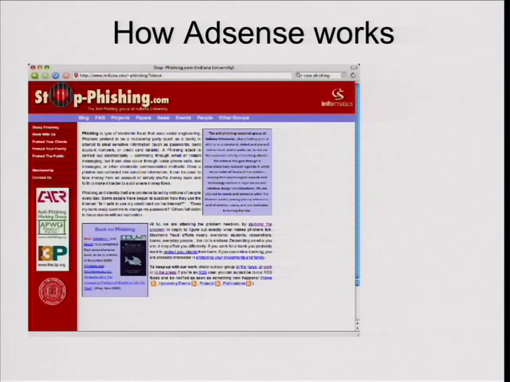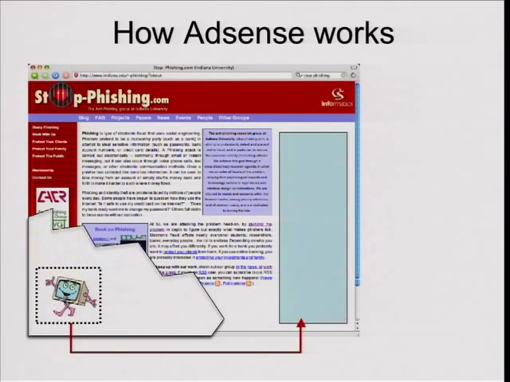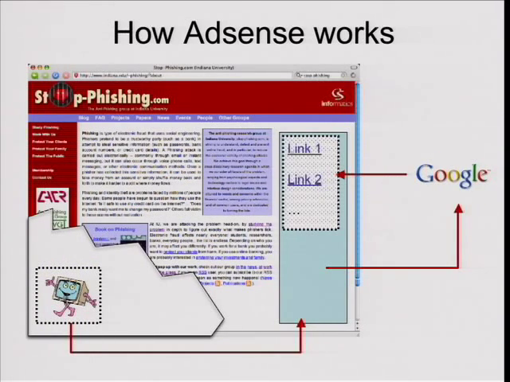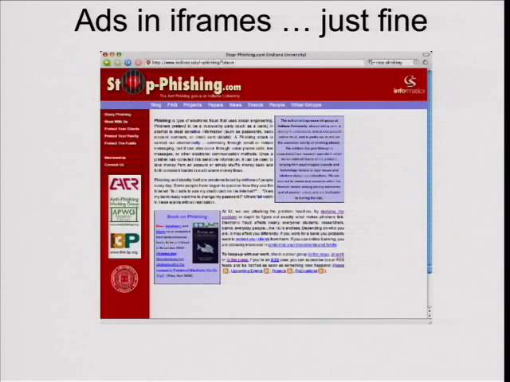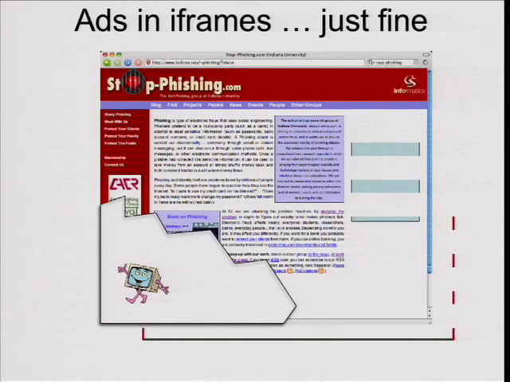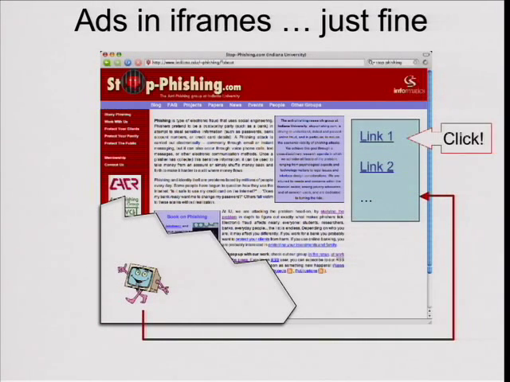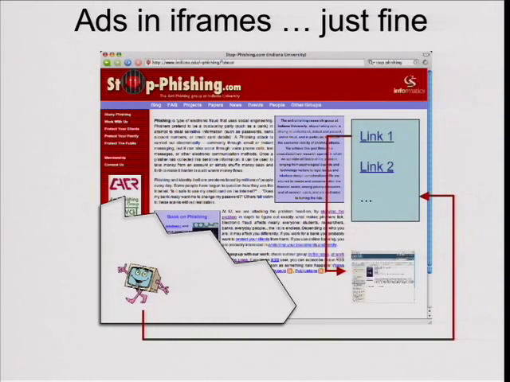And so AdSense, this is going to be increasingly redundant here. You don't write to the page, of course. You open an iframe, where Google writes, and so that's the difference that makes the other schemes vulnerable to our attack, but AdSense isn't. Now, it's also important to note that ads can occur in iframes just as fine. So after the click occurs, there's an iframe that opens, and there's the advertisement. The advertisement doesn't know whether it's been opened in a window or in an iframe.